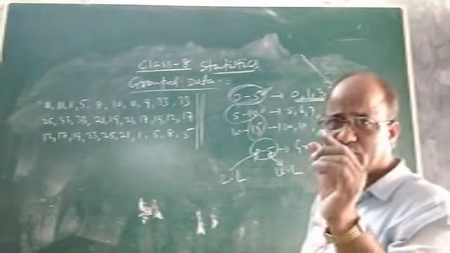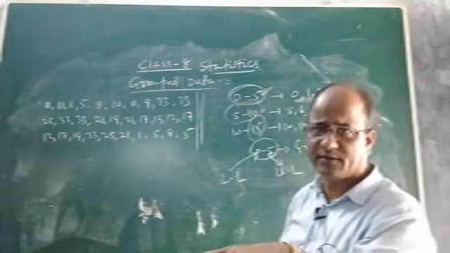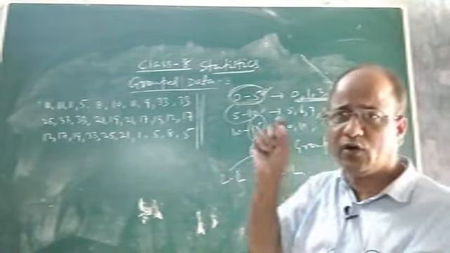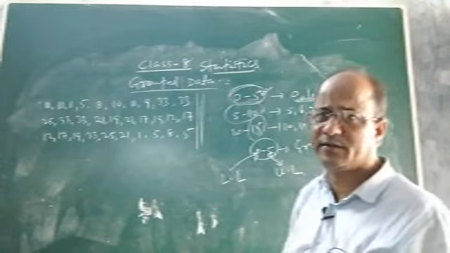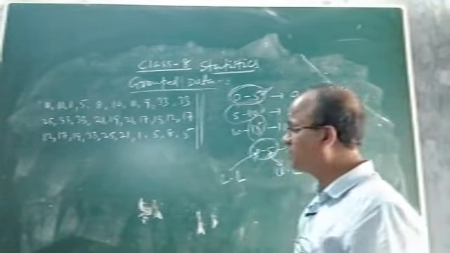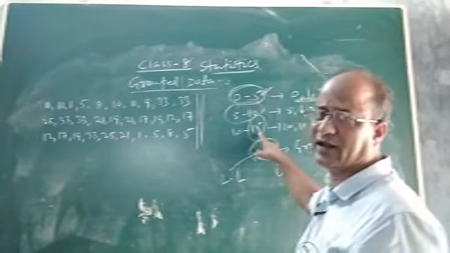Group data means to divide the observations and keep some observations within two limits, one the lower limit, the other the upper limit. So in between lower limit and upper limit, some observations are there. This type of group is called a group or group data. So 5 to 10 is another group data, 10 to 15 is another group data.